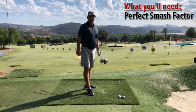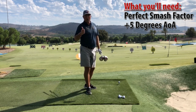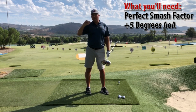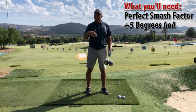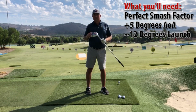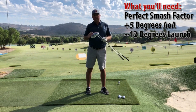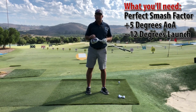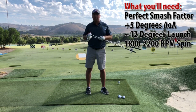to really start hitting up on the ball quite a bit if you're going to do this efficiently. 5 degrees or more, we've got to have a fairly high launch angle, which for this speed, 12 degrees is a wonderfully high launch angle. So 105 miles an hour minimum, 12-degree launch angle. Now at this point, we want to be anywhere from the low 2000s, say 2200 down to 1800 spin would be the optimal range